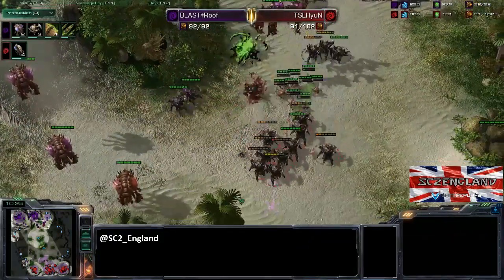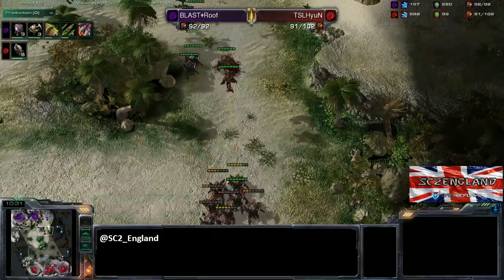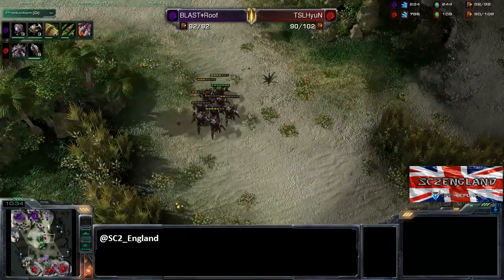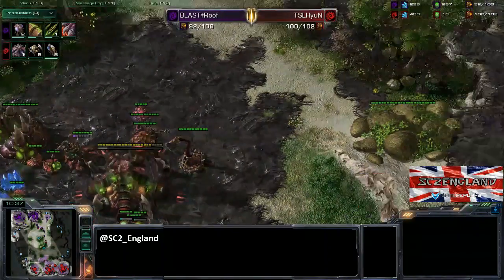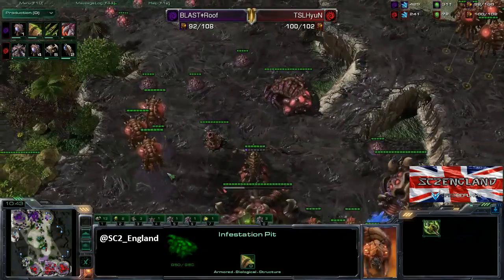The queen gets picked off there, and HyuN now pulling back. And to be honest, I'm not sure I agree with moving back, because the mutas can just chase you down and pick you off, and unless you've got any anti-air, you're going to have problems. HyuN is getting the infestors out though, and of course pathogen glands is finished, so they'll be ready to cast